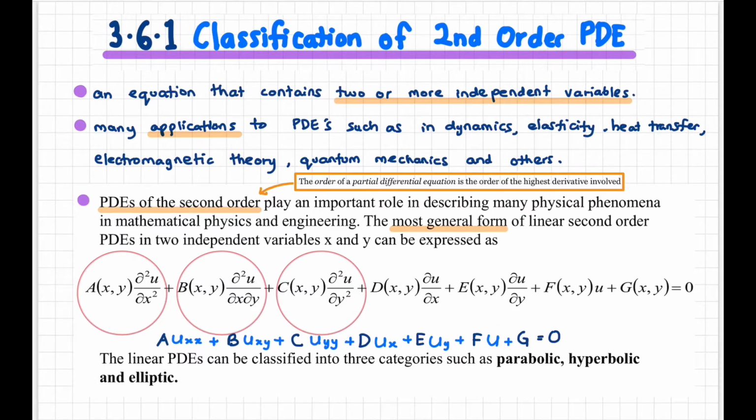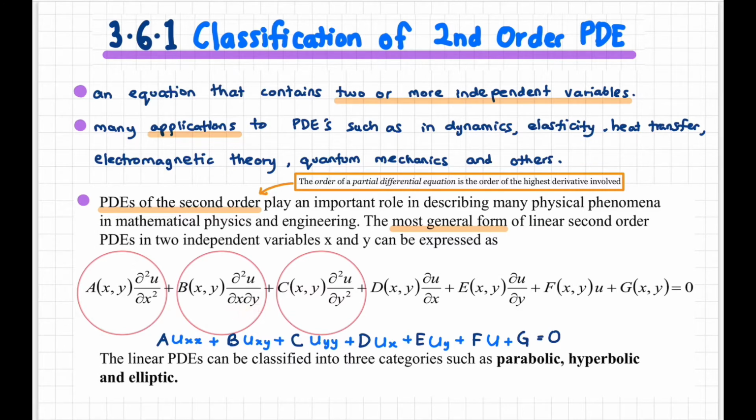The order must be like this, starting from A times uxx, B times uxy, C times uyy and so on, where A, B, C, D, E, F and G are the constant coefficients